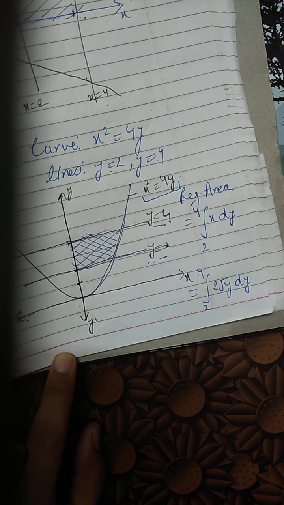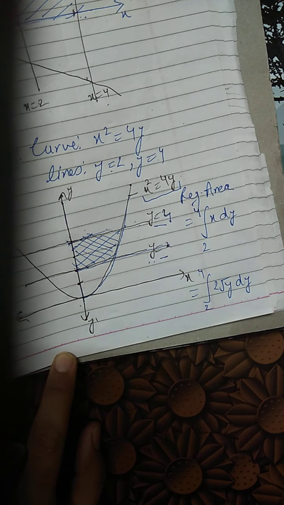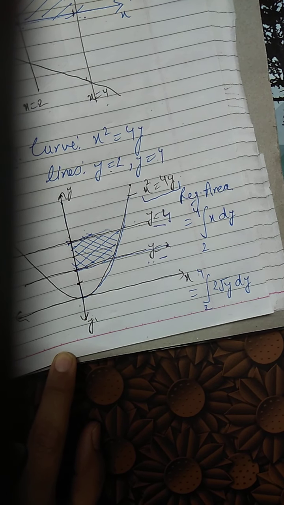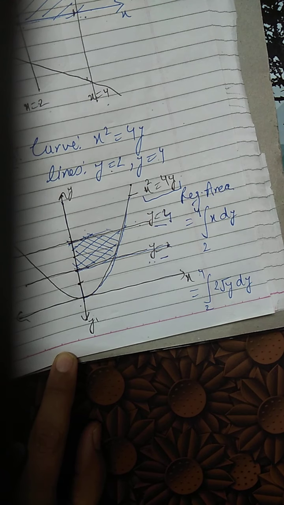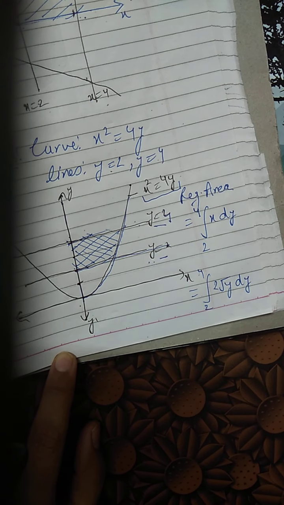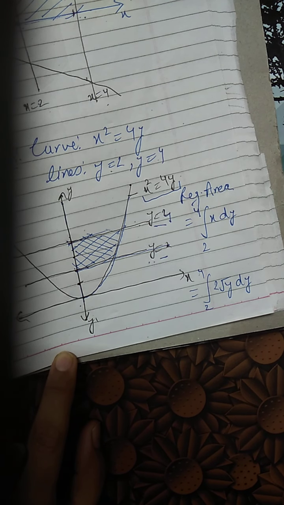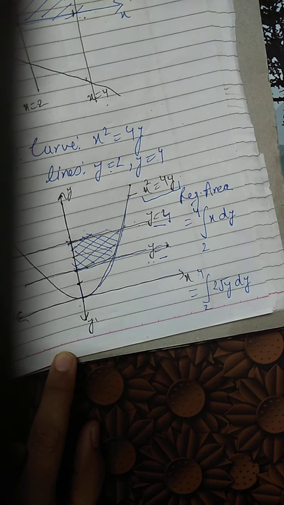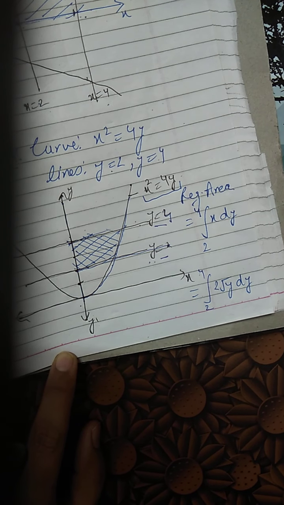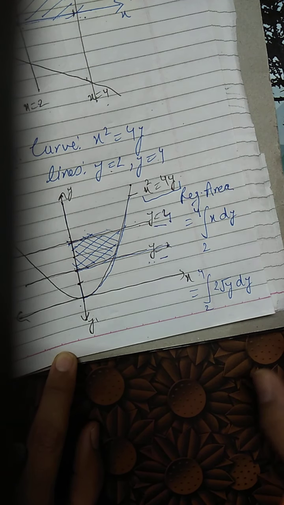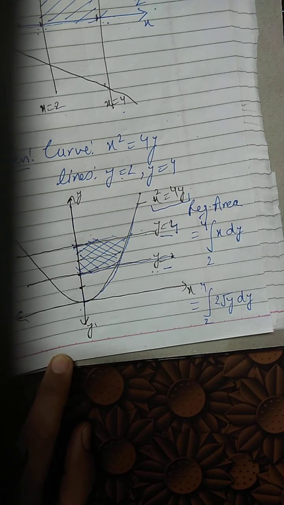Okay, so the first three sums are like that only. We are having the curve and two lines which are giving us the limits, and we are easily doing it. So we will discuss now the next sum, where we have the complete closed curve, ellipse. Here we will be discussing ellipse, then circle. These two closed curves are important closed curves in this chapter, for which we will be finding the area. So now we will discuss sum number 4.